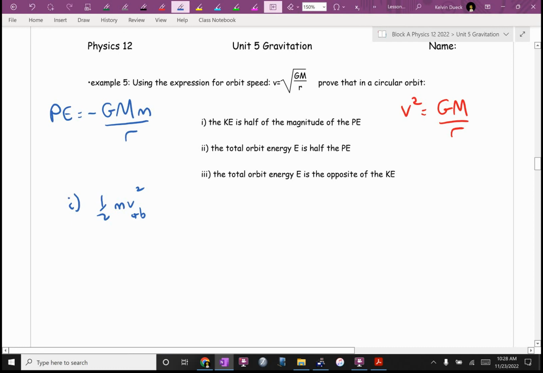I'm going to replace that. I'll leave the 1/2. I'll leave the M. I'll replace it with big G, big M over R. And if I tidy this up,